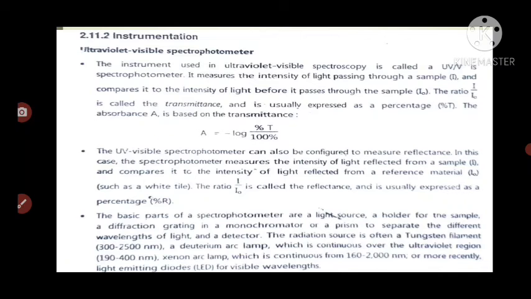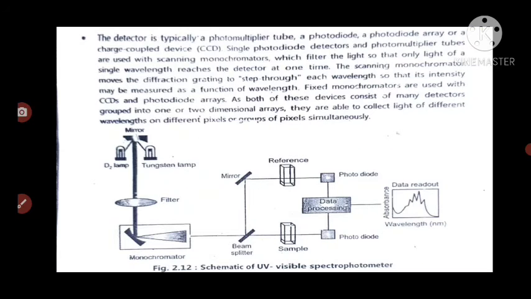And the spectrometer has a holder for the sample, a diffraction grating in the monochromator or a prism, and if you see in this figure, the sample holder is there, and a monochromator or grating, which is also used as a prism, to separate the different wavelengths of the light, and a detector. The radiation source is obtained from the tungsten filament. So we have to see in the figure that the tungsten lamp is also there,